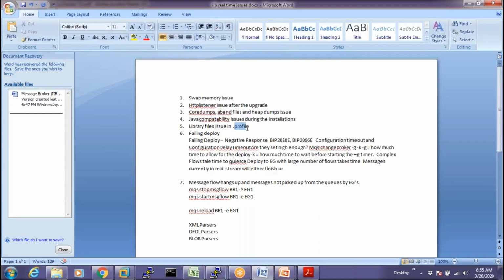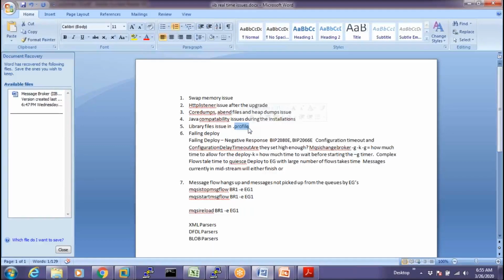So dot profile. We have already seen dot profile, right? The library issues. In dot profile, we are going to export the library of our MQSI profile path. When we do not use this dot profile, we have to run the profile command many times. As soon as we log in, we have to run that first every time, which is again a repeated task. So for that, you can use this dot profile. When we put the export command in the dot profile permanently, that will be there forever.